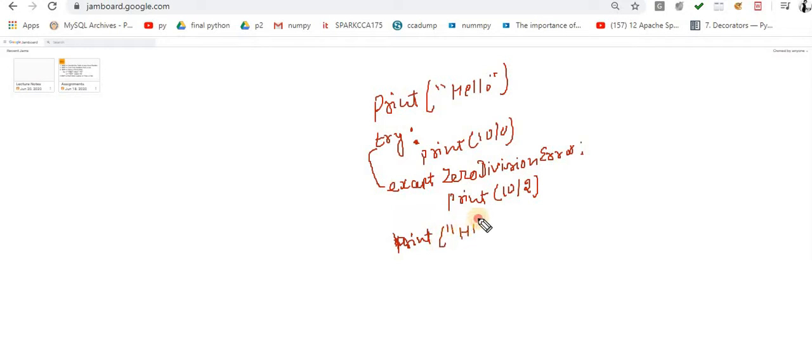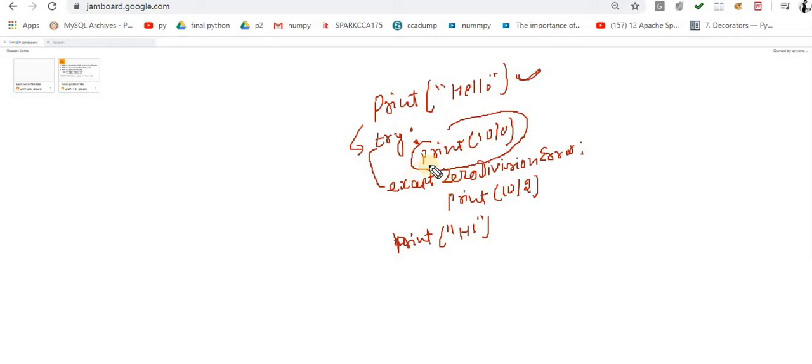The same code, but this time with exception handling. The error will occur at 10 divided by 0, and the error occurring is ZeroDivisionError.